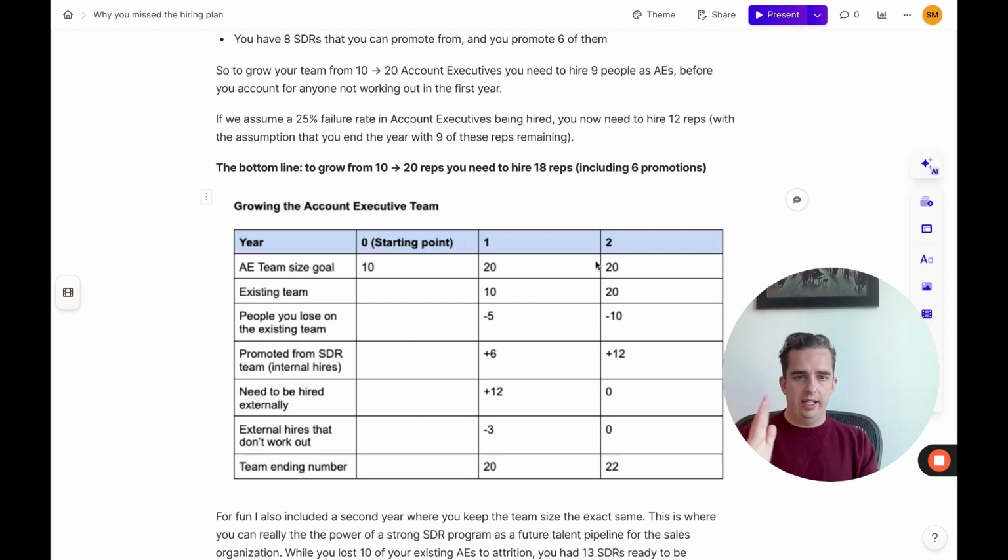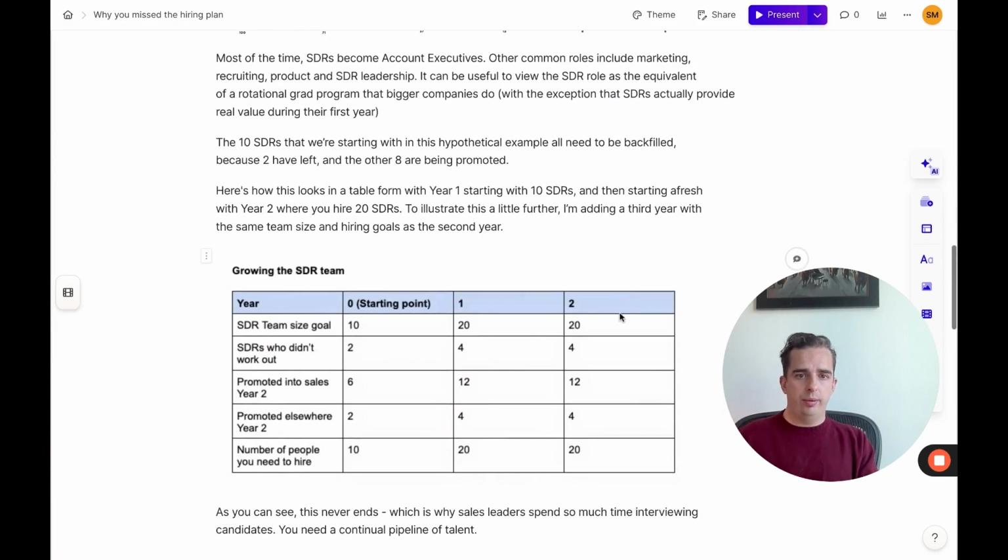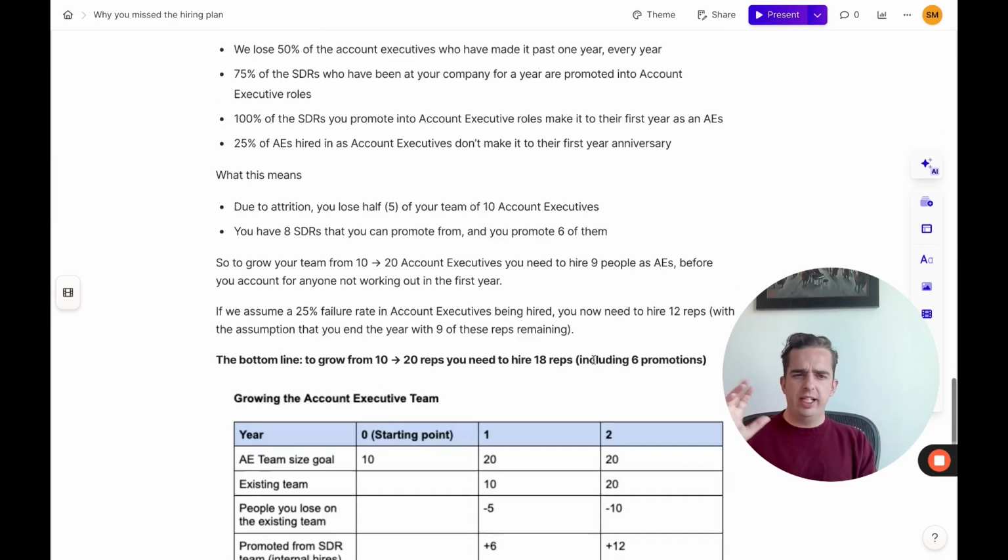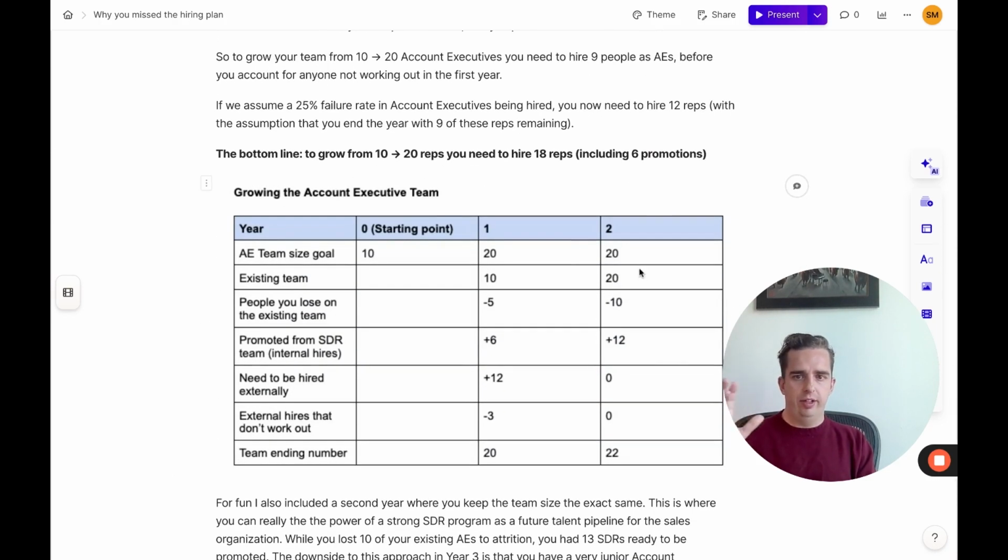Now let's look at our second year, right? So we've got an account executive team goal of 20. We're so tired of recruiting. We know that we need to feed the SDR team another 20 people to join it. But we really, really don't want to do any more account executive hiring. Well, the good news is we have 20 people